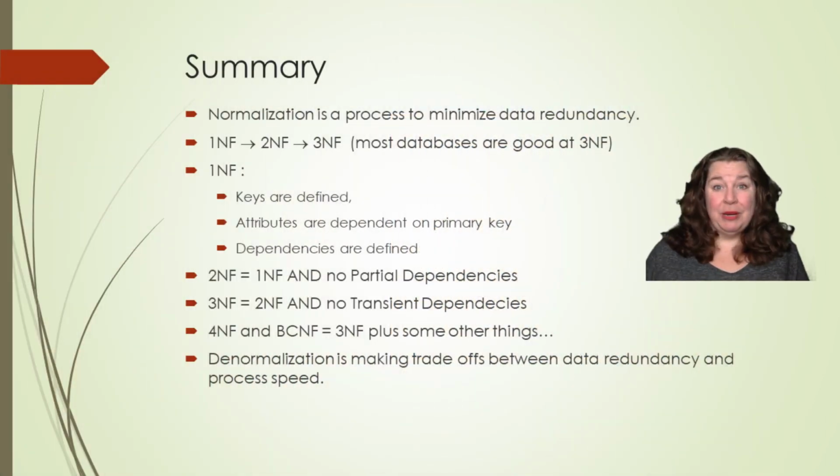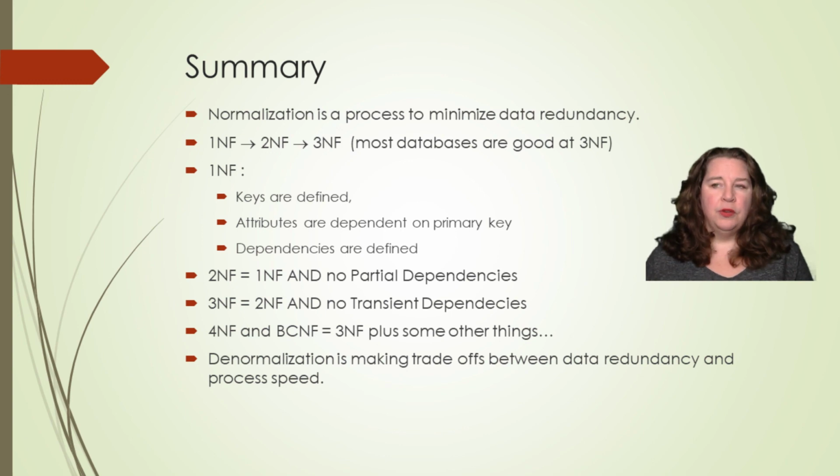All right, so that was chapter 6, normalization. Quick overview. Normalization is a process to minimize data redundancy. That's what its purpose is. Make sure that you don't have data redundancy. When you go through data normalization, you go through 3 steps. You start with first normal form, then go to second, then go to third, and you're pretty good at third